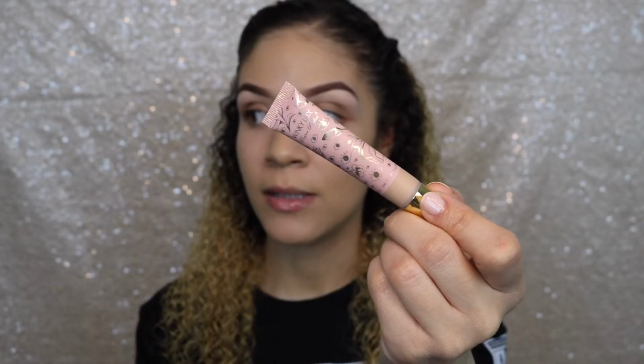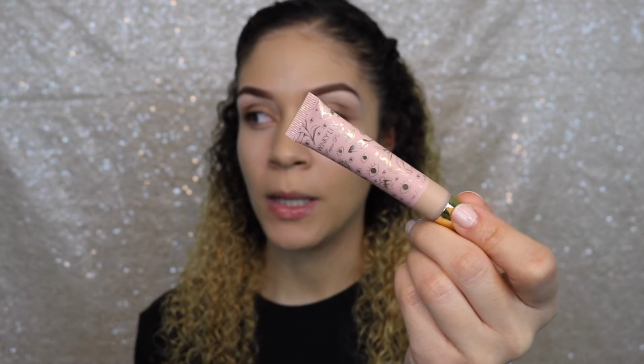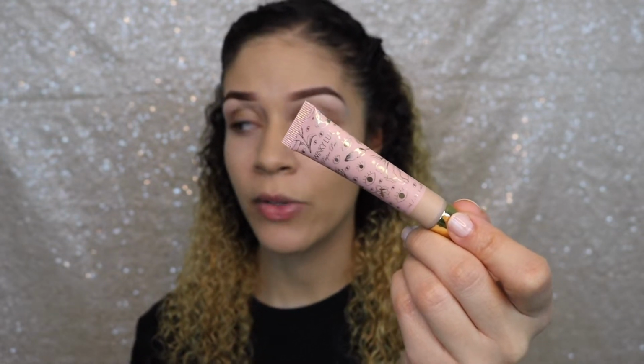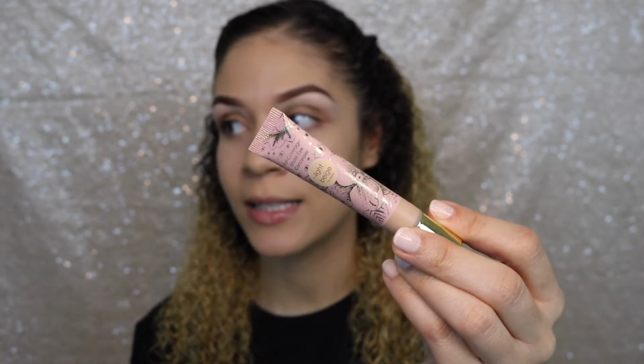I picked up this new concealer from Target. It is by Winky Lux. I wanted to give them a try because I noticed that their price point was higher than your typical drugstore brand item. So this concealer I got in light beige. It was $16, so I'm like, okay, well, let me give this a try. Now, as far as the shade, I wish I would have gotten a lighter shade. The shade is just like too close to my skin tone for my liking,